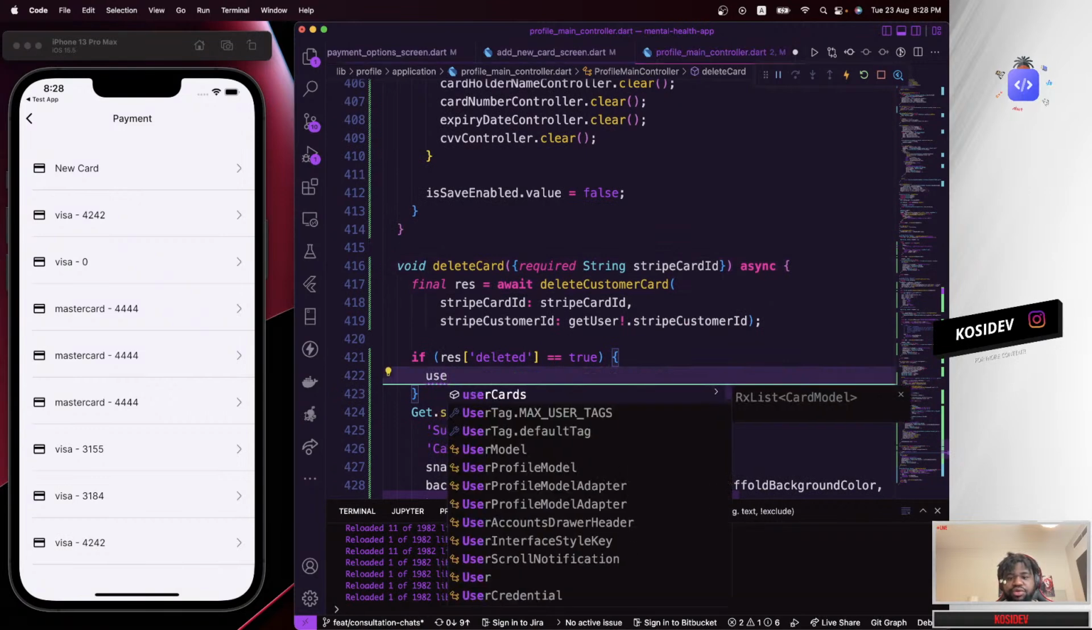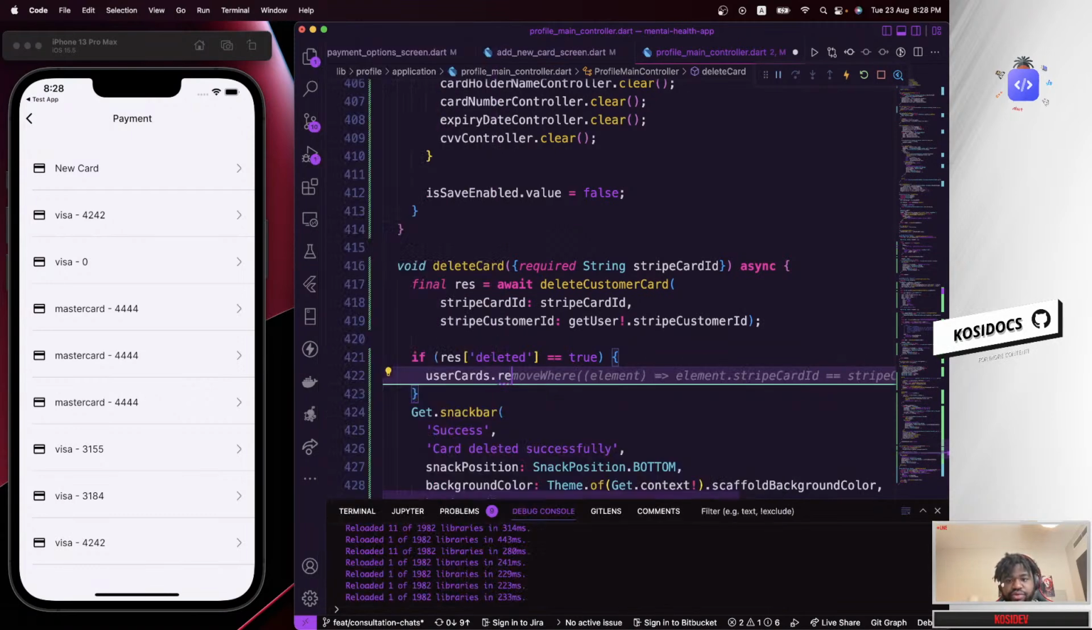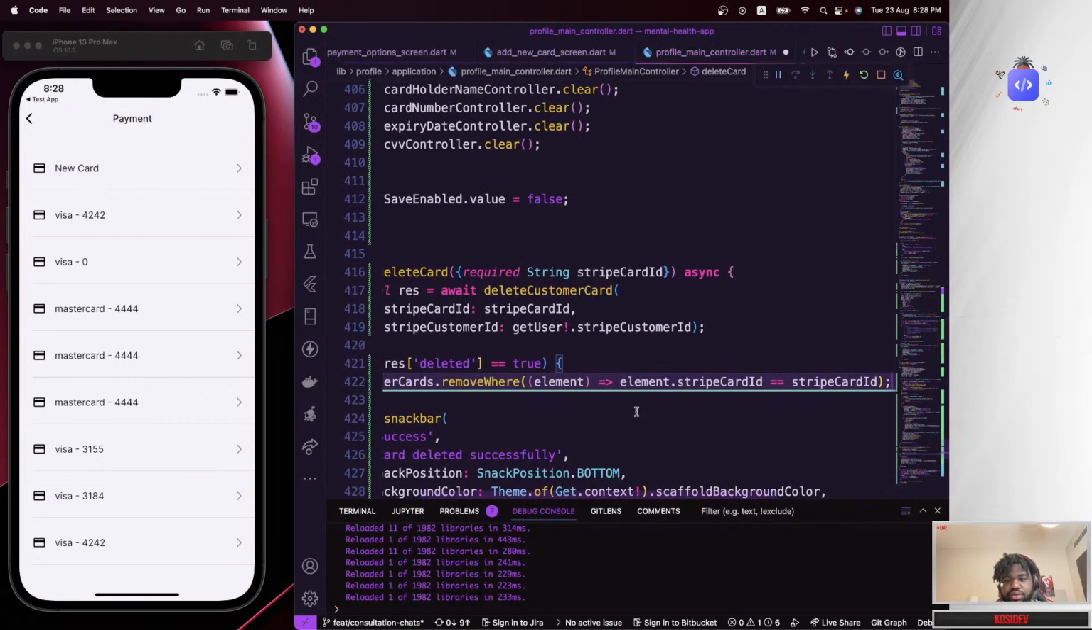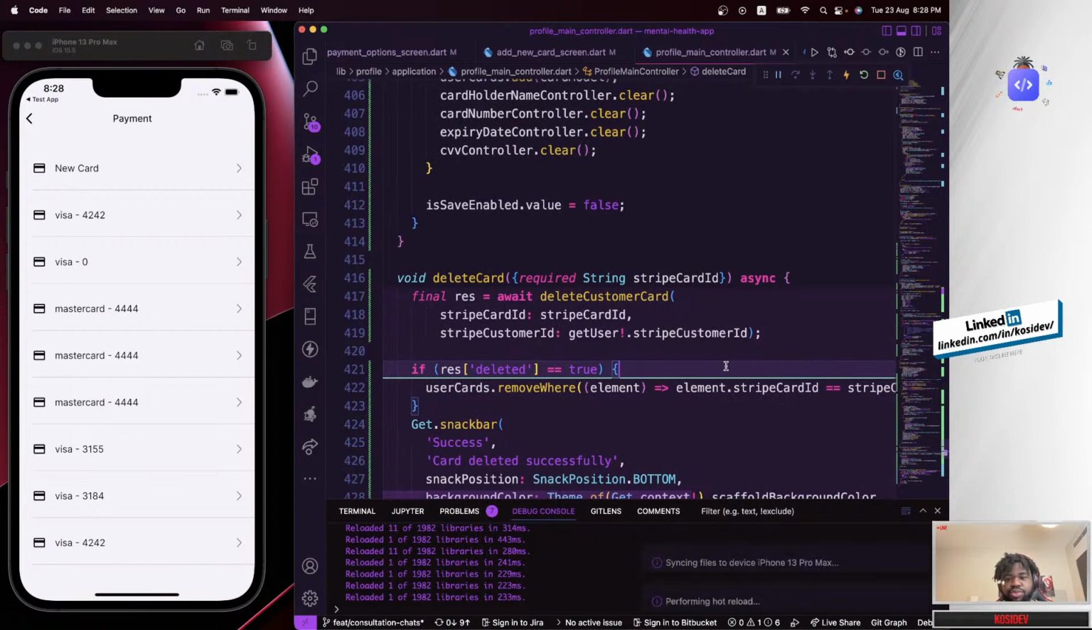So the array is basically user card. So I'm going to say user card dot remove, where element dot stripe card ID is equals to this. So basically remove that, and that will just update our UI. So if you go ahead and test this out,